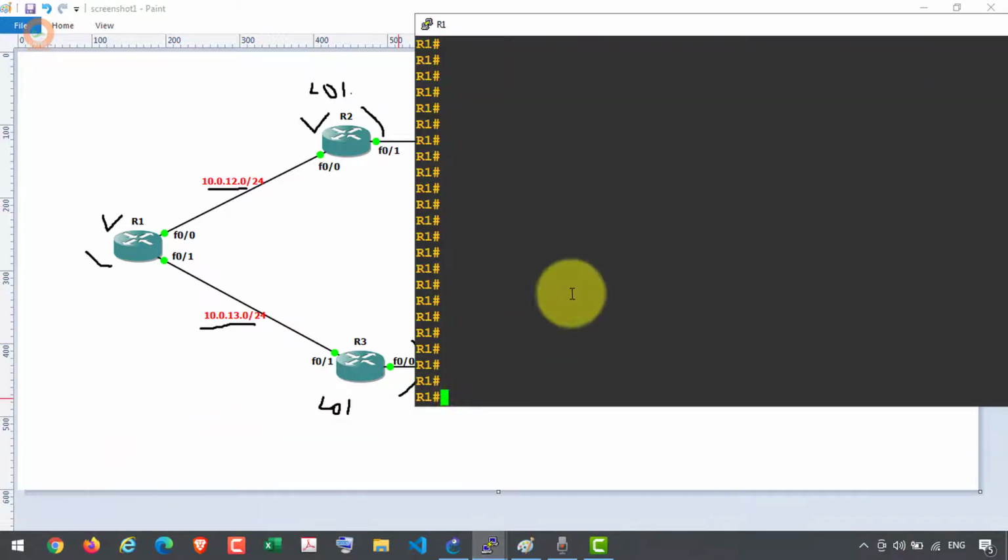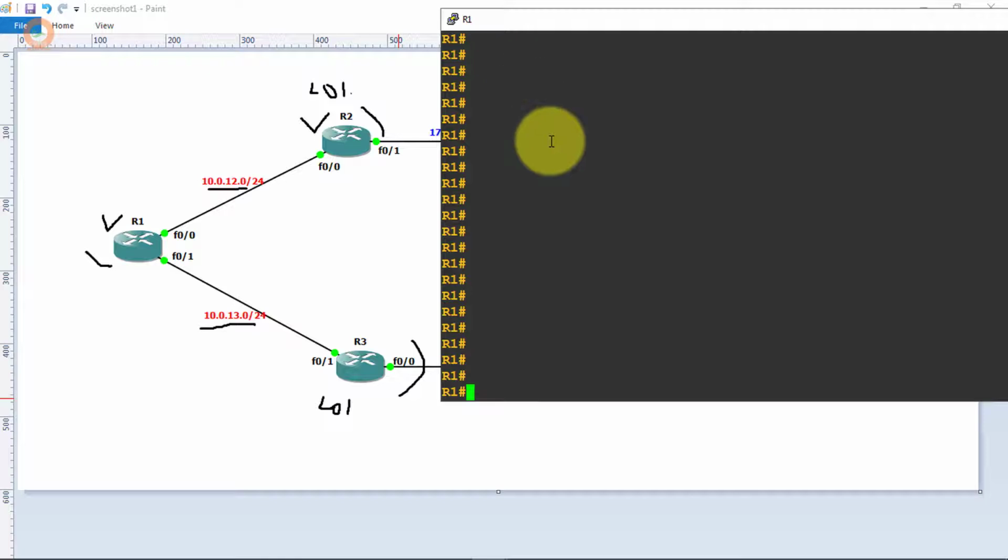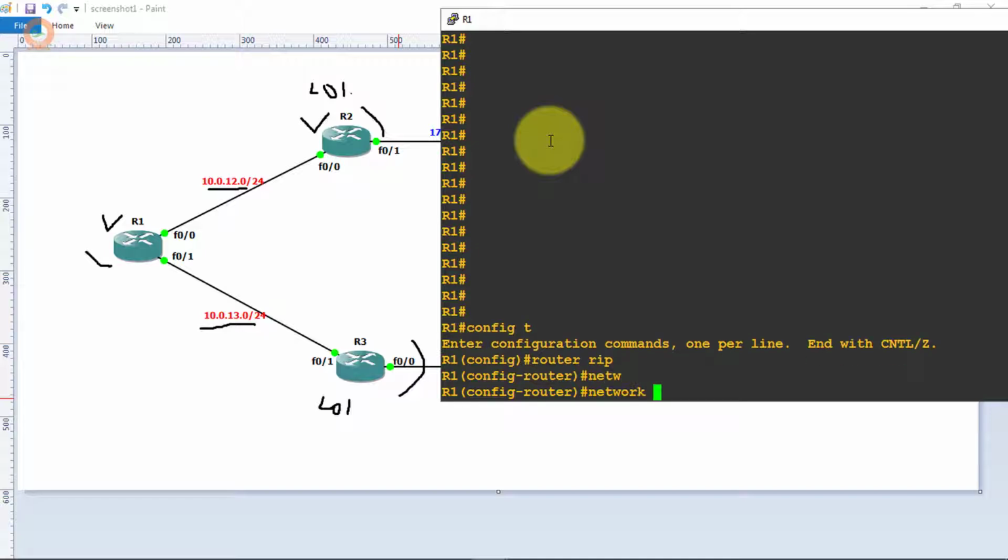Let's go to router 1 and configure RIP on router 1. To configure router 1, we need to go to the configuration mode, and here we will issue the command router rip and then network. We will advertise the networks. First we will advertise 10.0.0.0,